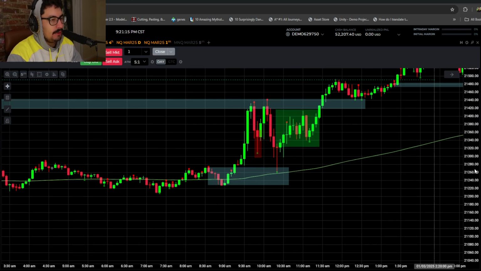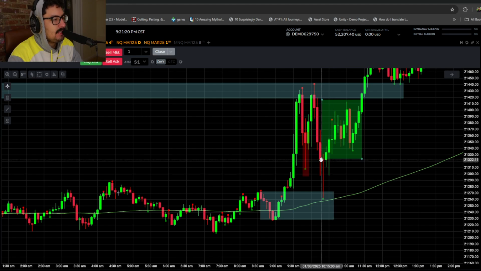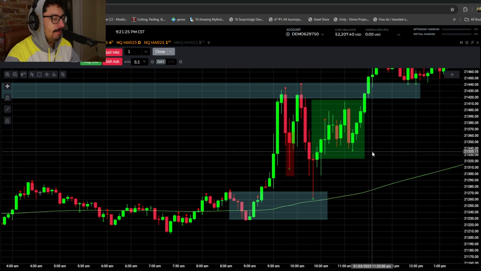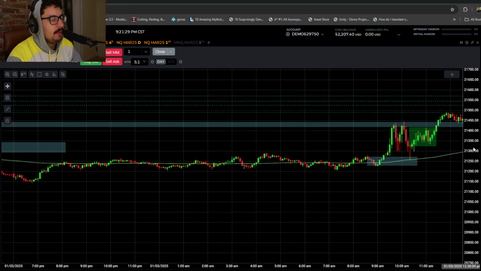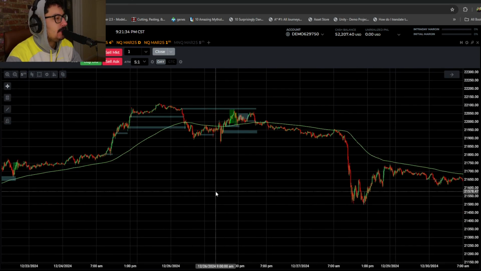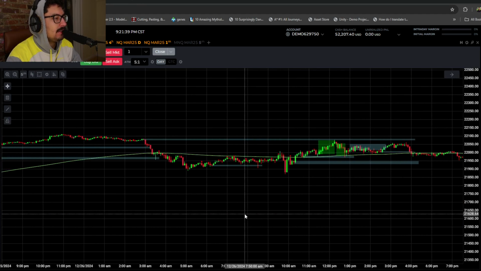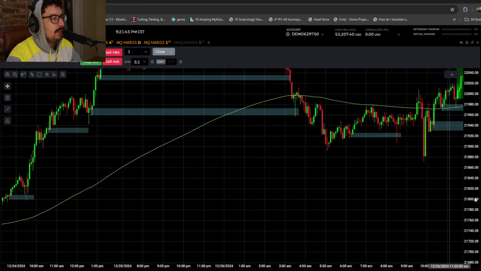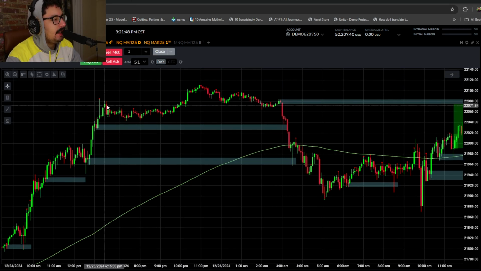Today was interesting though, because we've seen this huge kind of wick rejection before. If you traded today right, you could have made like 4,000, 5,000 in 2 trades. We've seen this crazy wick before. I'm not going to try too hard to find it. Right here. That was technically above the EMA, but it was right there. But you had this big